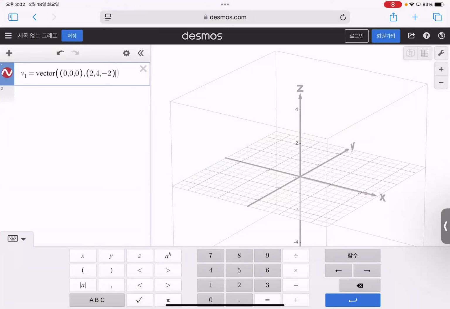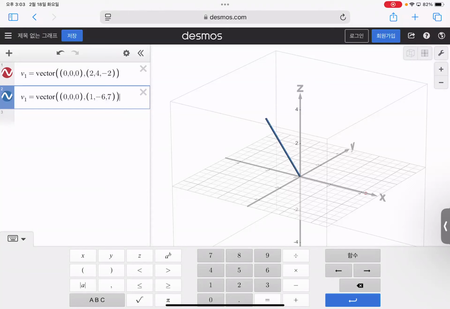Not 2, -2, sorry. This is my first vector, and V2 is a vector from 1, -6, -6 and 7, and the V3 is a vector